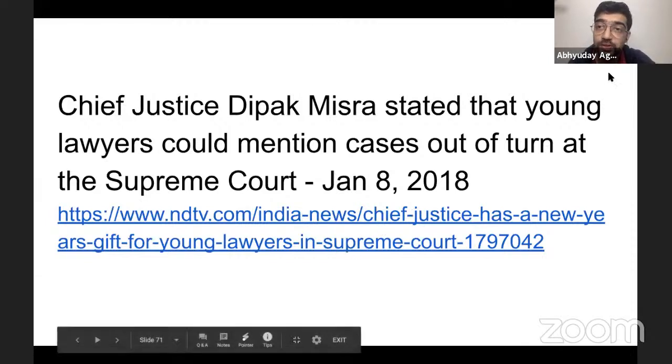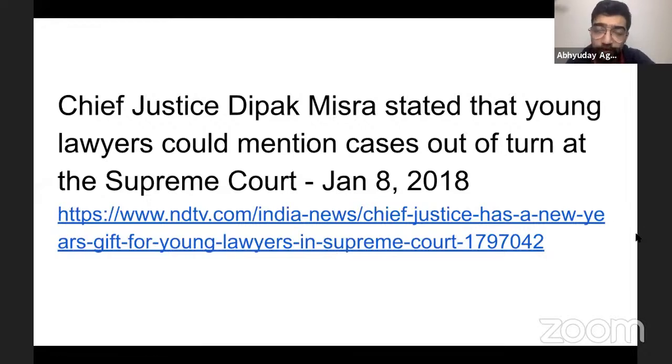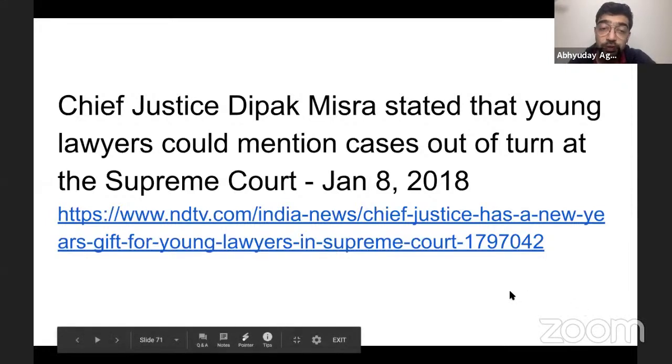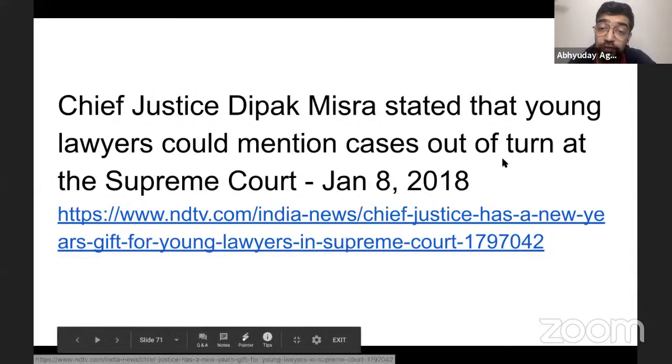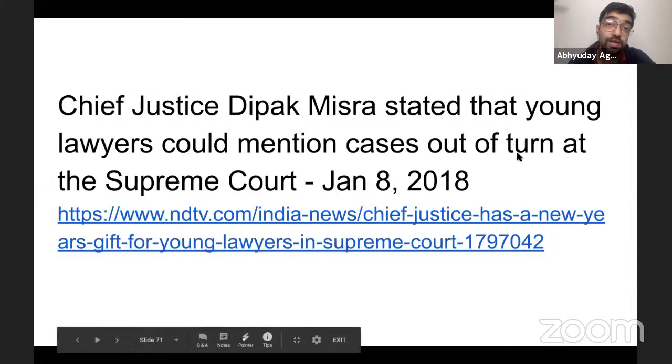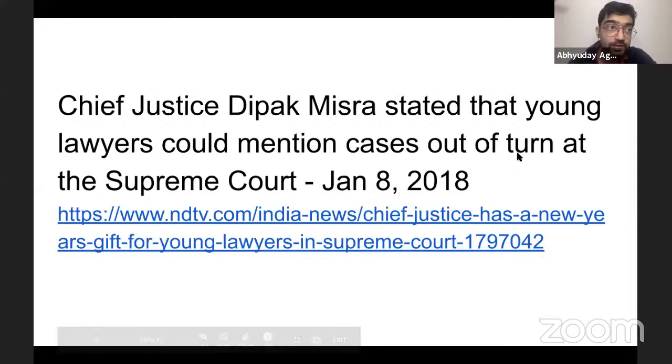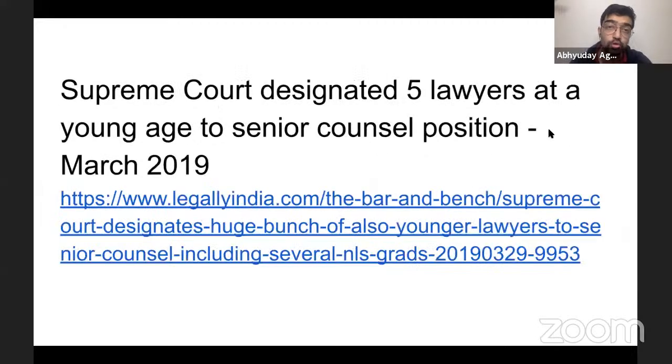Initially, it was about whether only AORs can mention it. AORs meaning at least you would need to have 5 years of experience and crack the exam, versus a lawyer who's not even an AOR can mention. And it was clarified that even a non-AOR can mention the cases if they learn mentioning. Okay, that was one gap area. So how to mention cases was something that was necessary to be learned. Sanchita will teach you that in the Supreme Court course for those of you who decide to take it up.